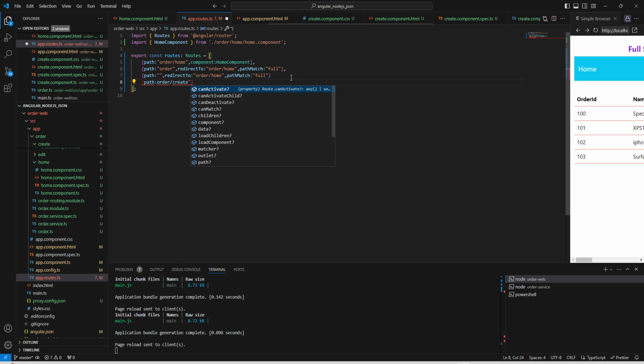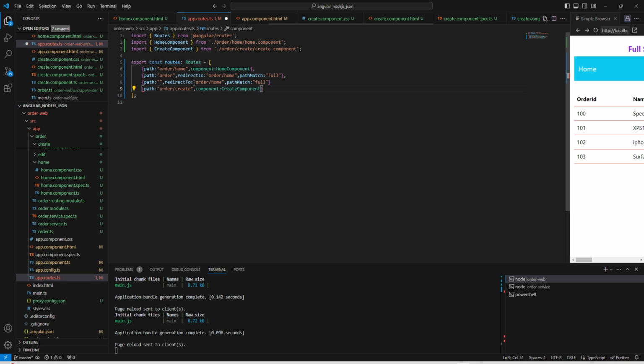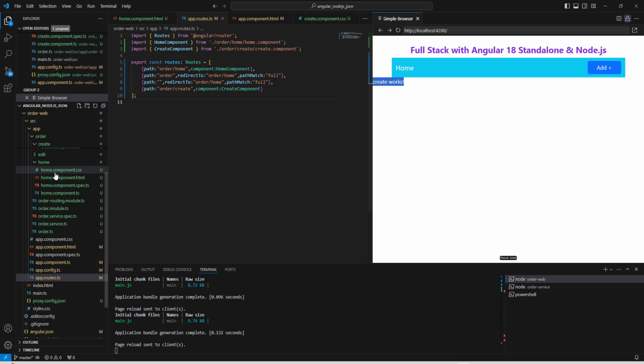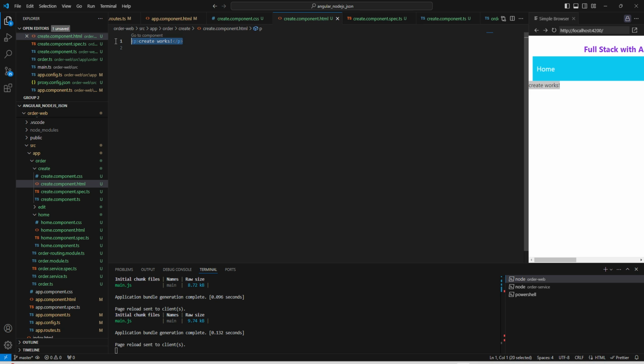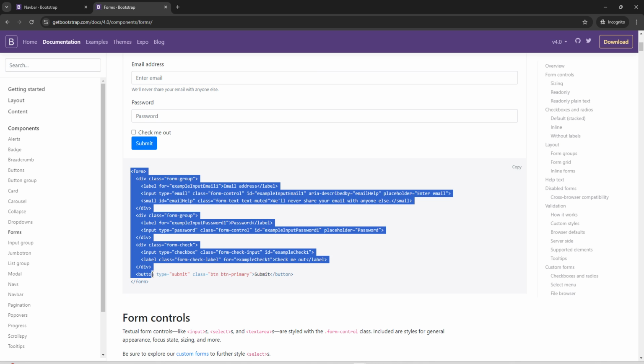This is for create, and here we need to mention what component we are going to render, which is a create component. Fine, we can save it. Now we need to add comma. Now we have added the routing. Now once we click on add, it should show create works, which is inside our create.component.html file. So here now let us go to navbar form, and we can copy it,